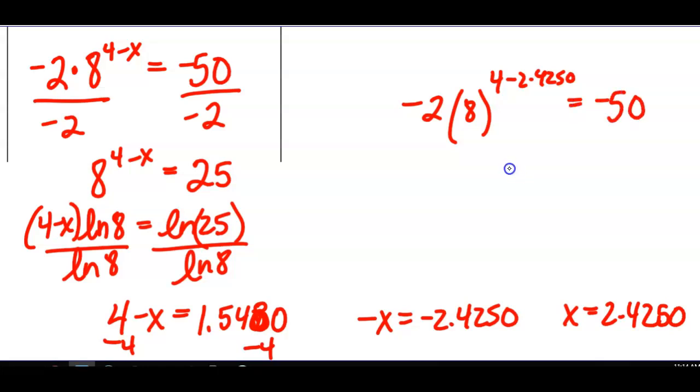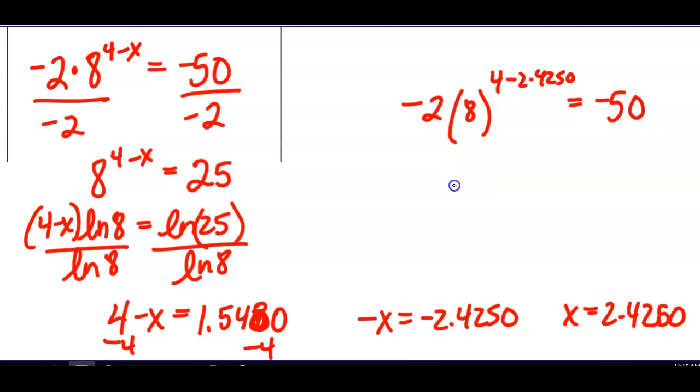Negative 2 parenthesis 8 to the power of 4 minus 2.4250 is negative